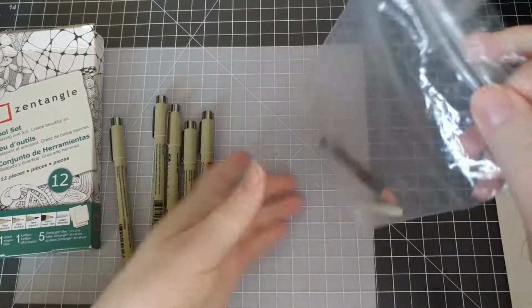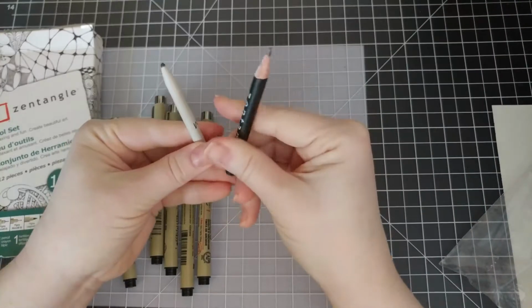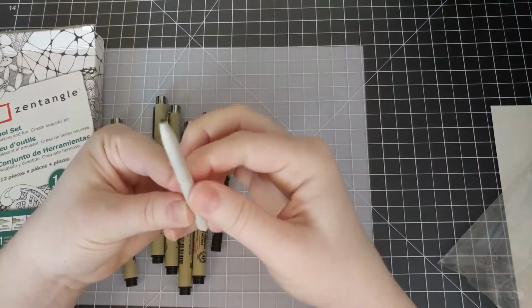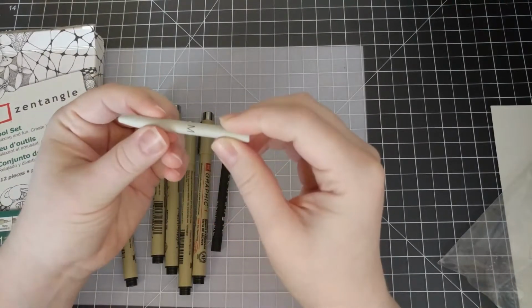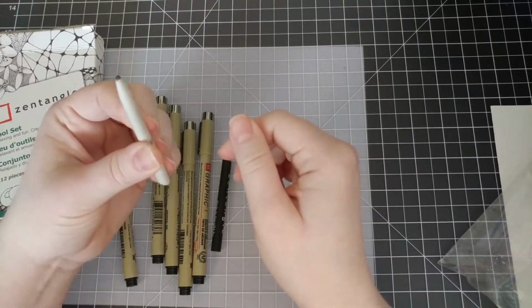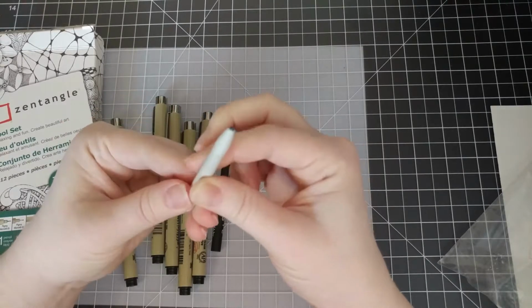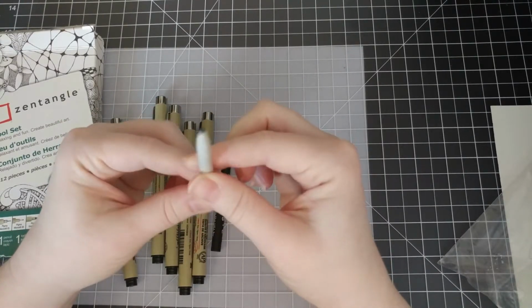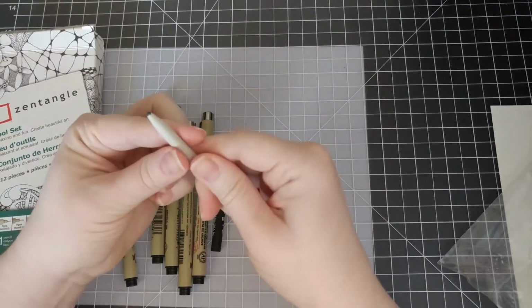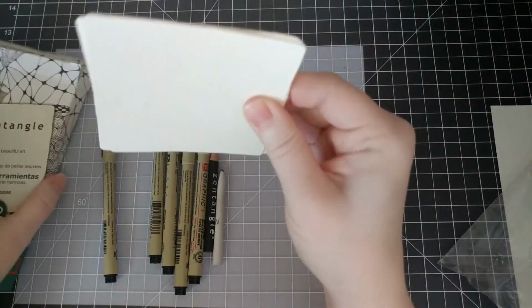So it comes with those. The kit also contains a pencil for shading, which works really nicely. And then this little piece of rolled up paper, which helps me blend and do shading. I don't absolutely need to have this, but I think I've seen people that just roll up their own paper and make these. But they make blending a whole lot easier, better than, say, using your finger and getting graphite all over it. And then finally in this kit